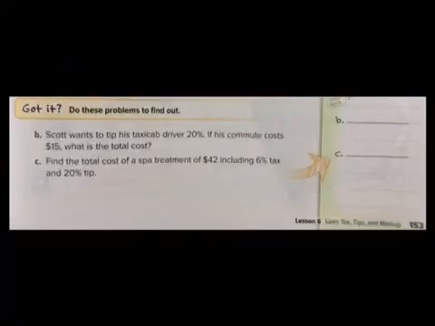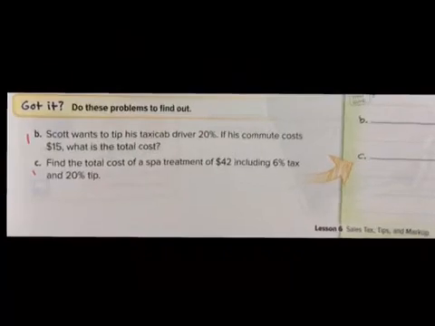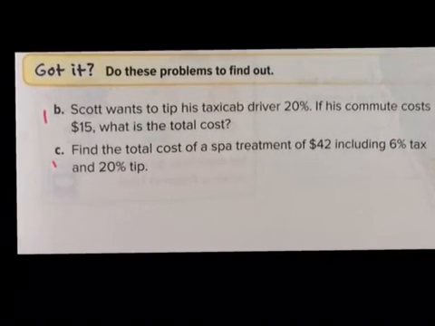Okay, on page 153, we have 2 questions at the bottom of the page, B and C. Okay, so let's go ahead and work these out. I'll zoom in so we can read it better. All right, Scott wants to tip his taxi cab driver 20%. If his commute costs $15, what is the total amount? So we're looking for 20% of $15, but we want the total cost. So we have to include the